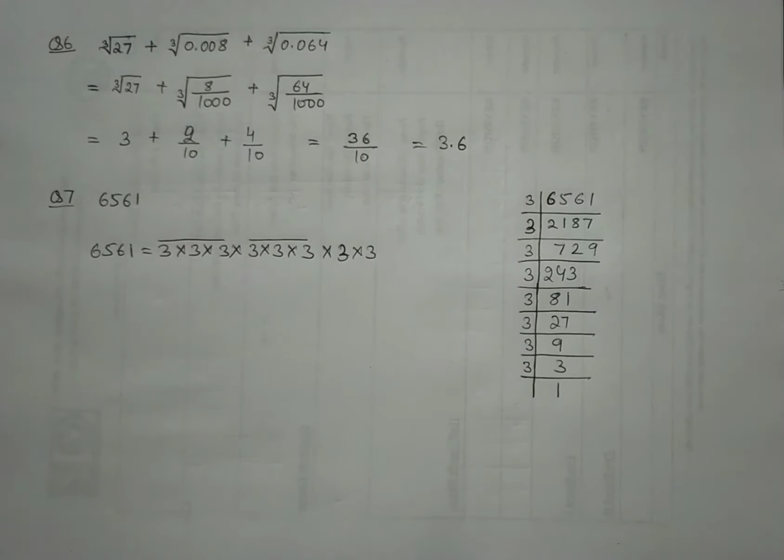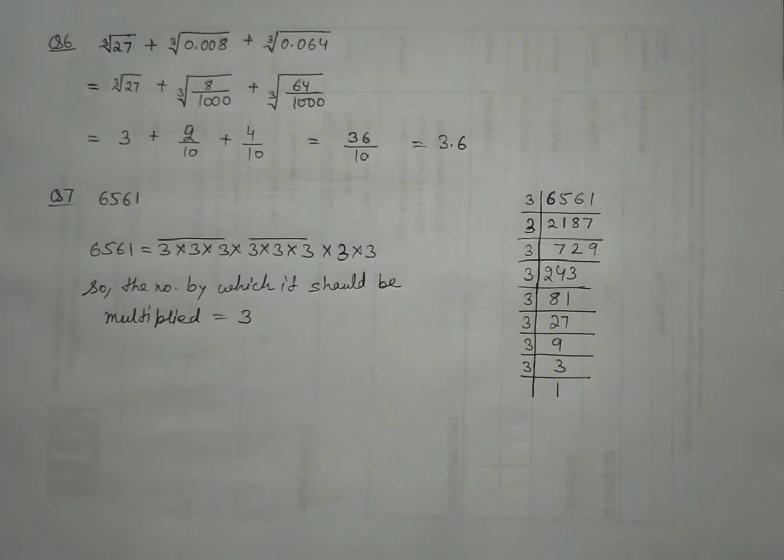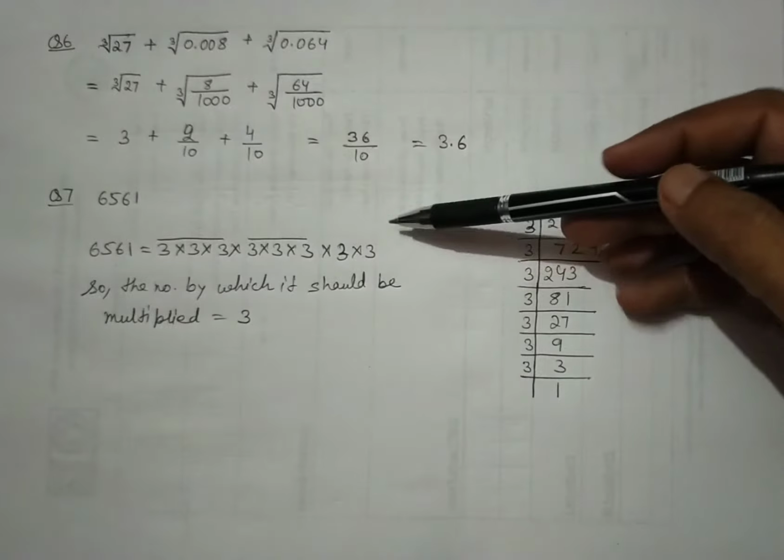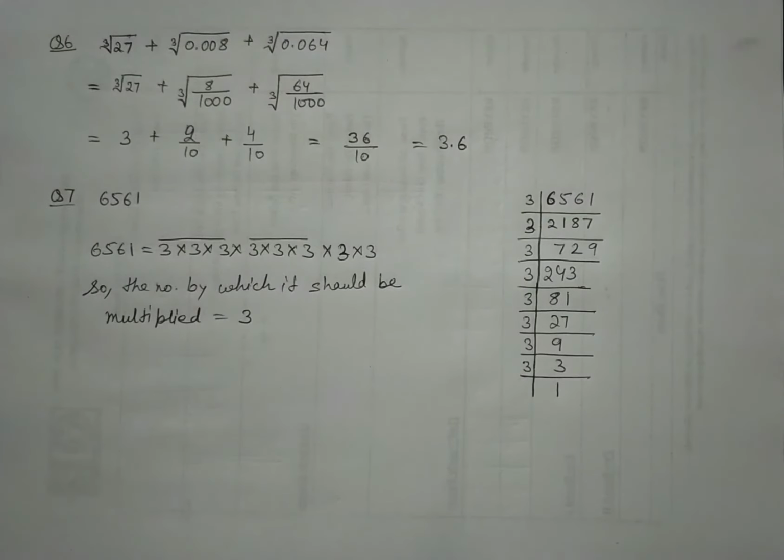Now grouping them in the form of triplets, we see that two of them are left unpaired, so we need one more 3 to make it a perfect cube. So the number by which it should be multiplied is 3, because 2 of the 3 we are already having, we need only one more 3. Now the cube number is